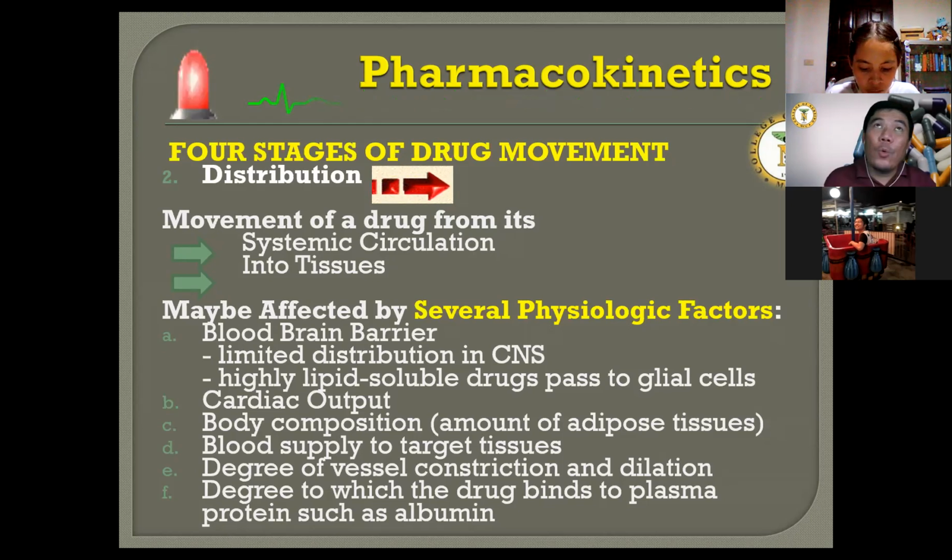Answer is yes. If you will recall, when the drug is via ingestion or oral, di ba, GUT. Next is first pass effect with the liver. After the liver, pasok sa vein. Pagkapasok ng vein, pasok si heart. After the heart, pasok sa lungs. After the lungs, goes back again to the heart. Then aorta. So considering the long phase of the circulation, there could be a possibility that any of these organs or parts or anatomical structures will be affected. It may lead to the possibility of decreased cardiac output.